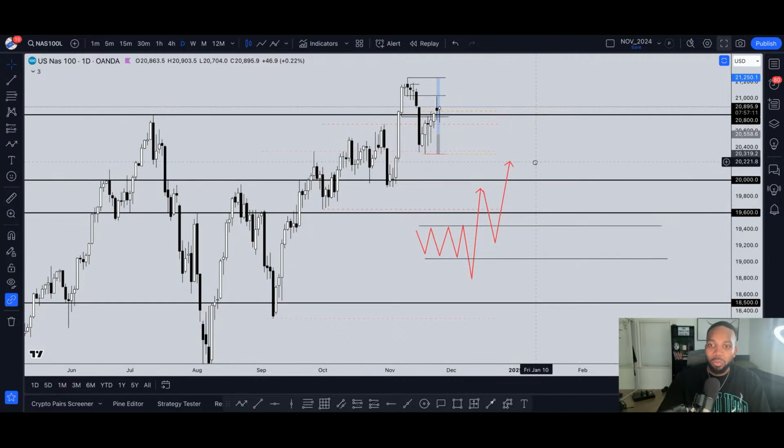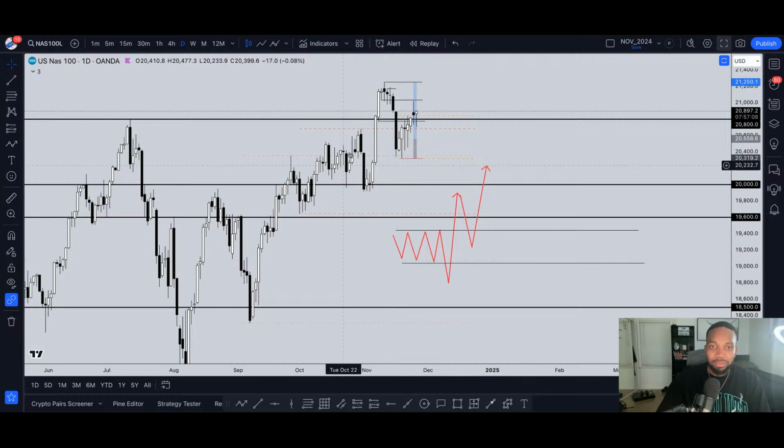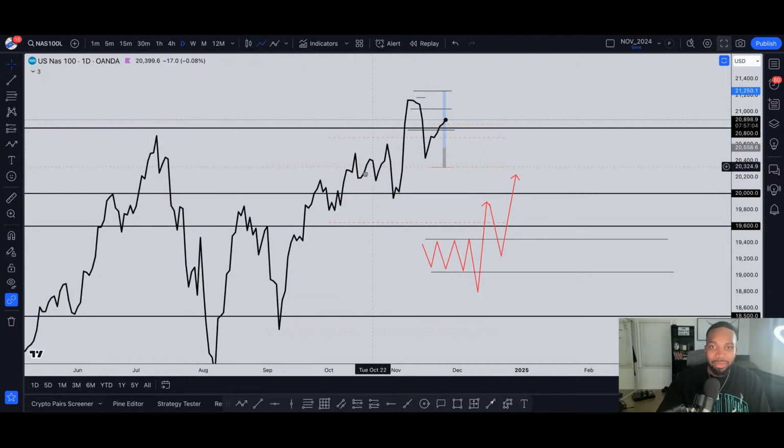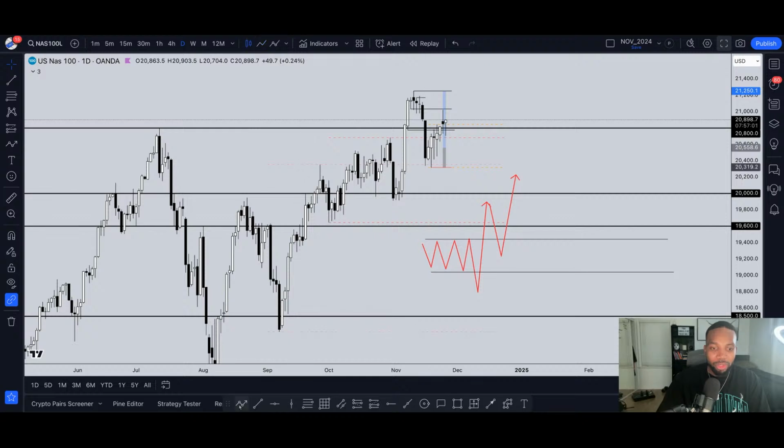So when you guys are looking at this right here, you can see it. Maybe it's not as clear, but I'll draw it again. We have all this liquidity being built up right in there, and then we have the lows. This came and swept all this liquidity, and then we did break above these highs and the all-time highs. Then price came back for that retest, and now we are pushing higher.